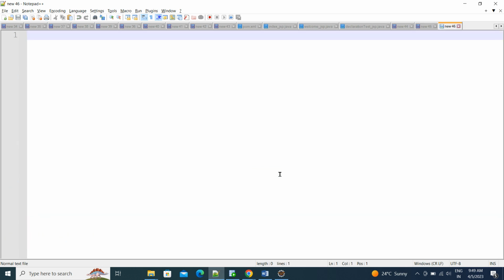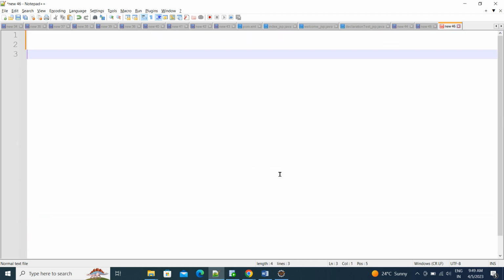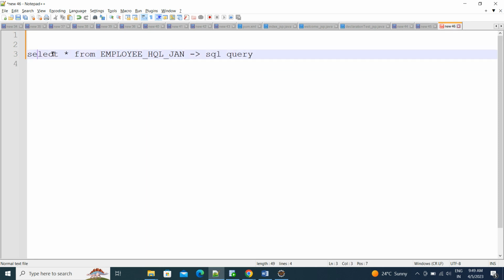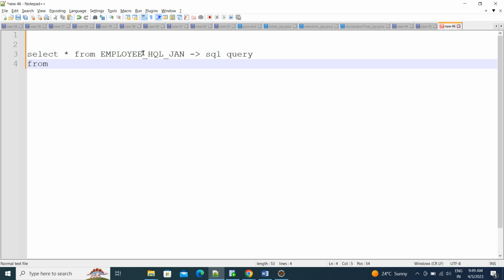Between HQL and SQL, normally SQL means structured query language, like select star from EMP, employee underscore HQL underscore John. It is our table name in the database. This is an SQL query. HQL query has no select, no star, only from, and instead of the table name,